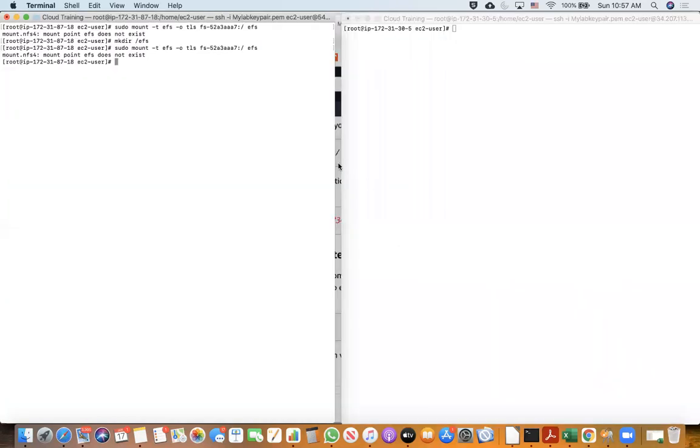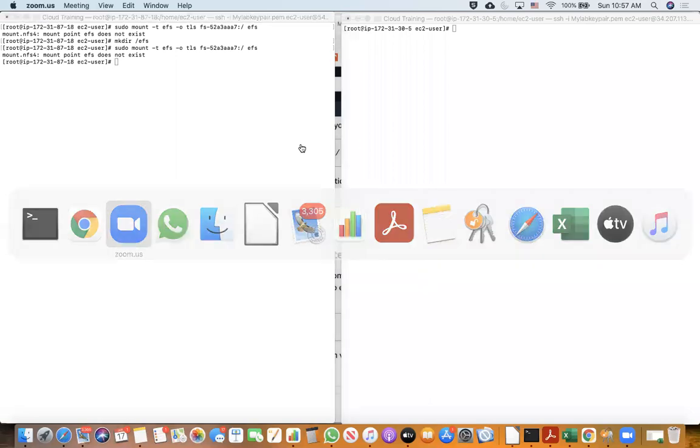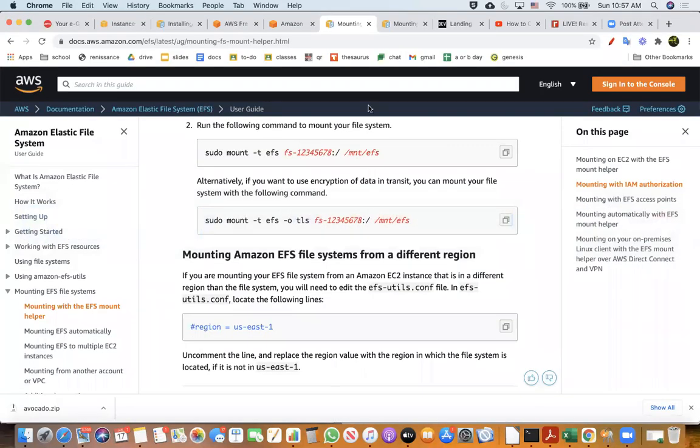Okay, I'm thinking that maybe there is a specific step that I am missing. So let me try to perform that step and then do it. Okay, just give me a minute.